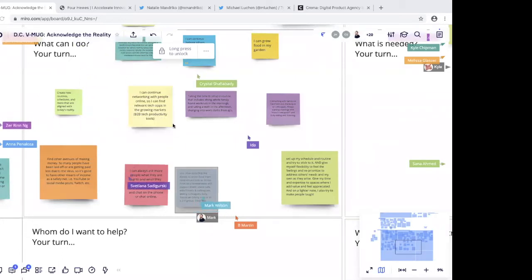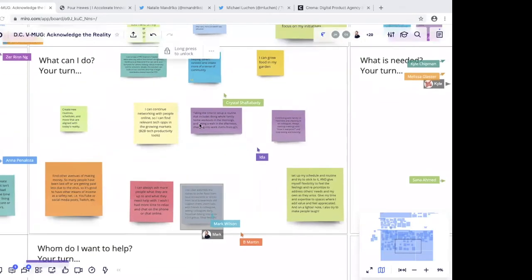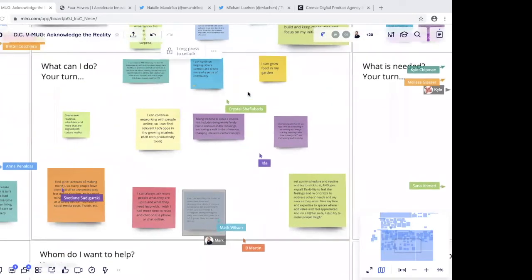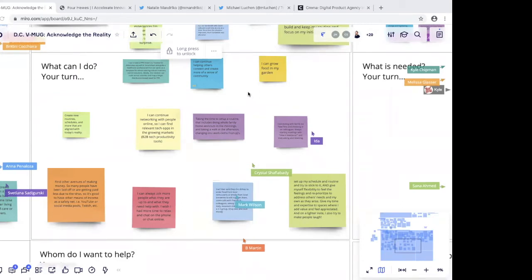Right now, this board is an enterprise level board, but we are rolling out something in the next few days, week actually, where our team plan and everything above will have what's called guest editors.